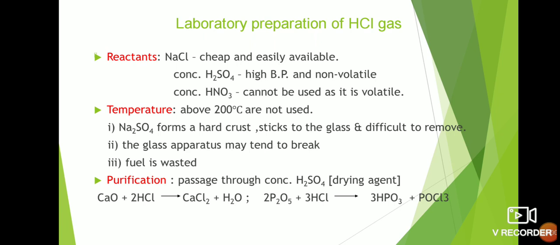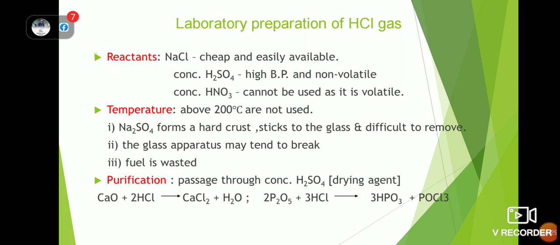I've not mentioned that it is an oxidizing acid in the presentation, because the genuine answer is it is a volatile acid. Just for you to recall, volatile acids are those which boils under 100 degrees Celsius. Now the temperature required to be maintained for this reaction would be above 200 degrees Celsius. Sorry, the temperature would be below 200 degrees Celsius.